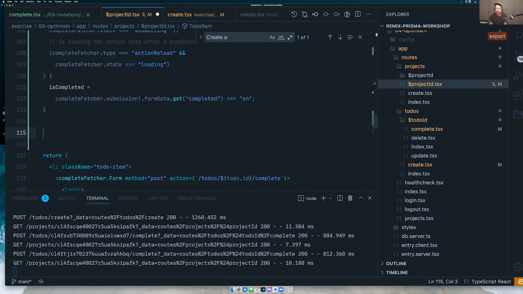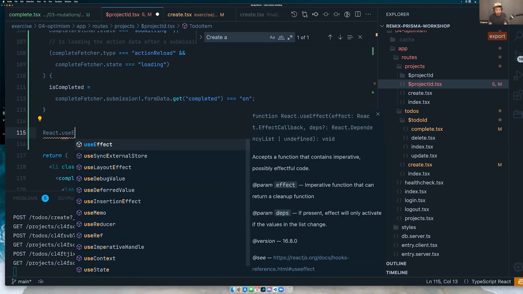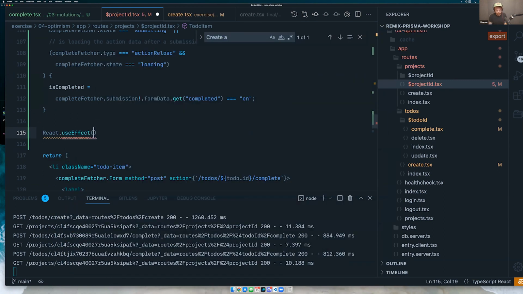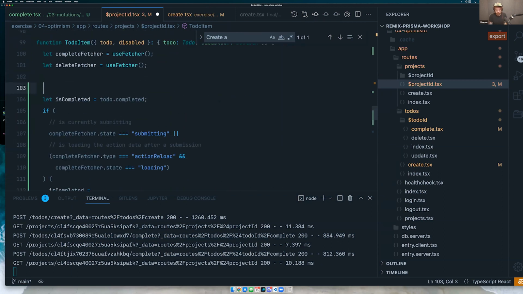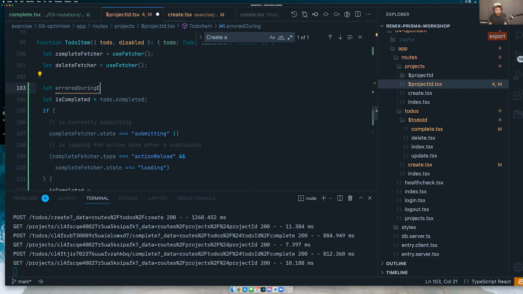So I'm going to use my first effect. This is my first effect that I'm going to write, and hopefully my only effect. And I want to infer a new state and say, errored during completion. That sounds like a good name for it. And we're going to say false. But